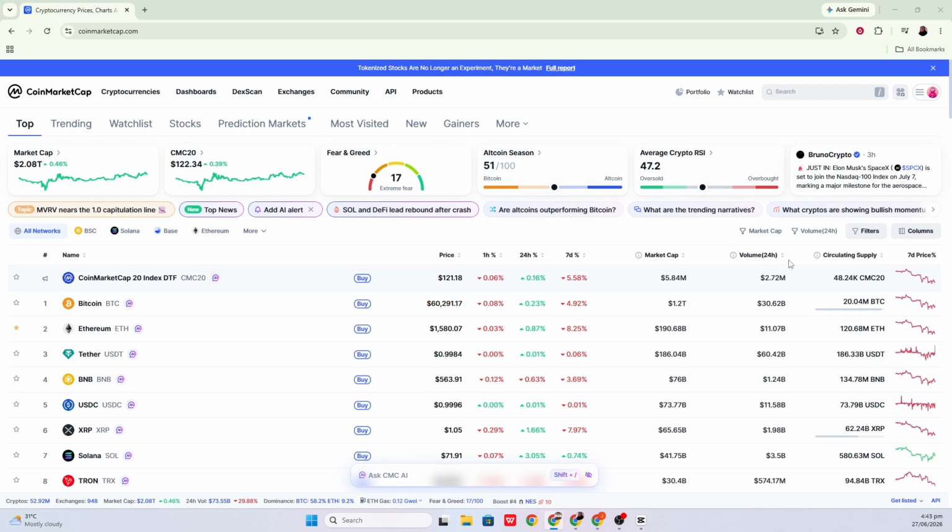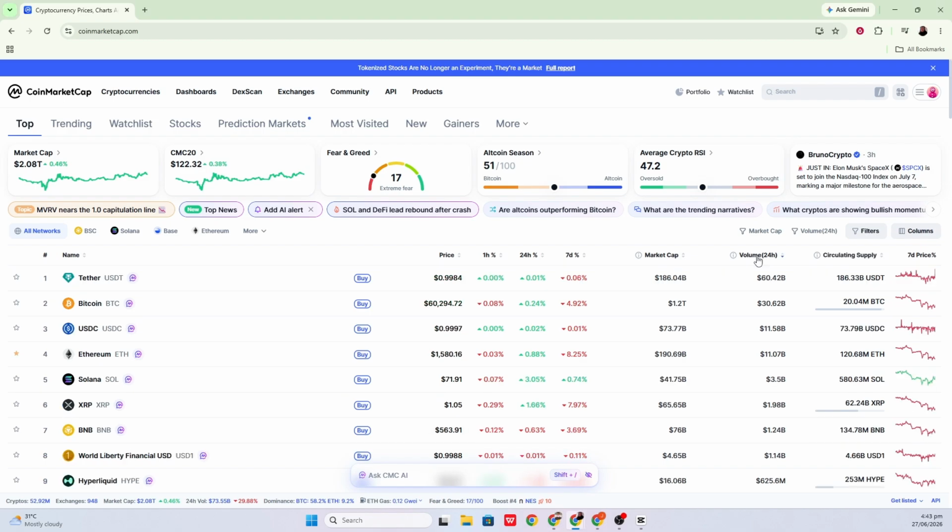To sort the list, click directly on the Volume 24-hour column header. You can also click on the small up and down arrow next to the Volume 24-hour label. After clicking the Volume 24-hour column for the first time, the table will be sorted in